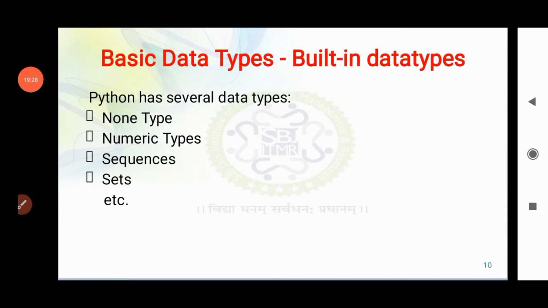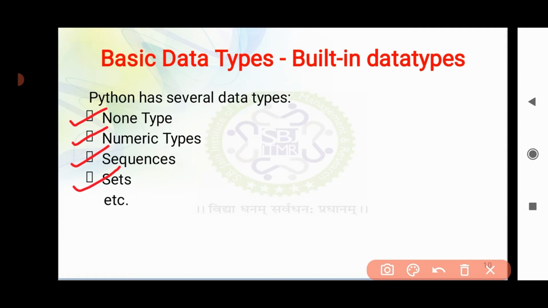Let us move ahead with the basic or built-in data types in Python. Python provides us with different built-in data types, which include first the None data type, then the numeric types, then sequences, and then sets. But what is the meaning of built-in?